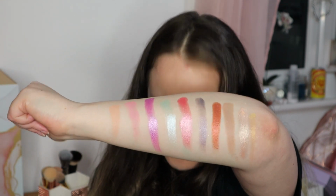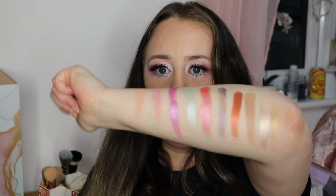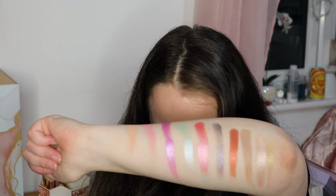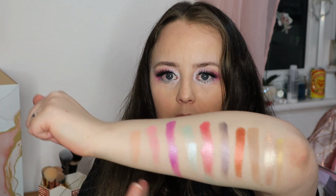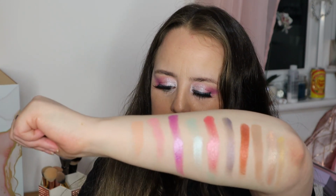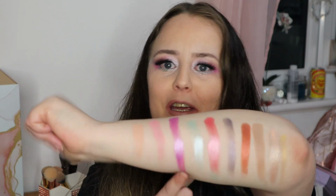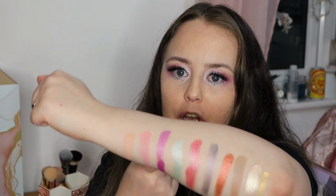So we have the next two rows. They're really not screaming e.l.f. to me, to be honest, this colour story, but I like the colour story. There were a couple of issues, one of them being the third shade, which is beautiful, but it's just not what it says on the tin. So this to me is what I've got on my eyes. It looks very pink, it looks very fuchsia, but in the pan,